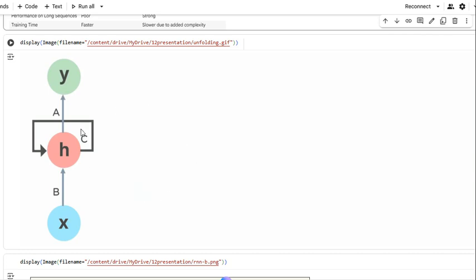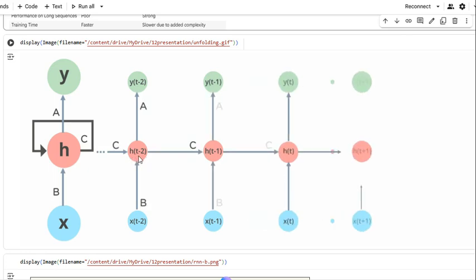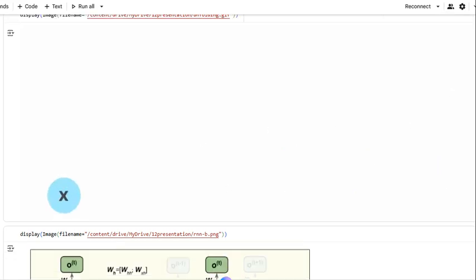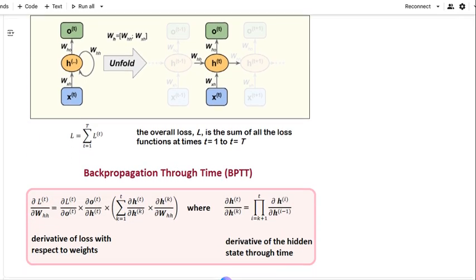This is called unfolding through time. We have ht minus 2, ht minus 1, ht plus 1, ht plus 2 through time. This is the same unfolding of the same